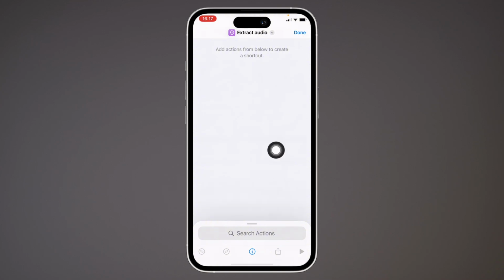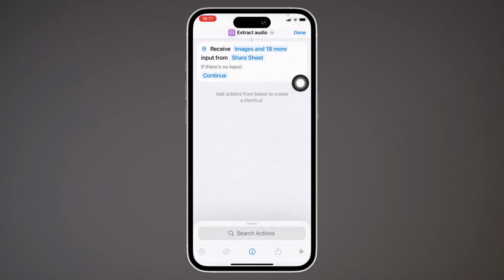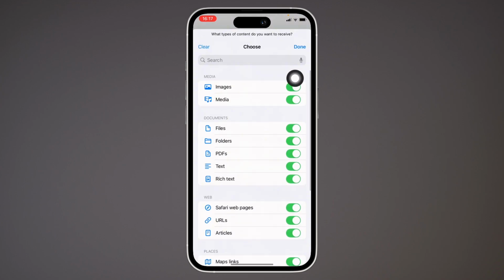Now once you have renamed your shortcut, tap on the info icon or the eye icon on the bottom center of your screen, and then toggle on the toggle button for show in share sheet option you see there, and then tap on done. Now go ahead and select this images and 18 more option you see here,